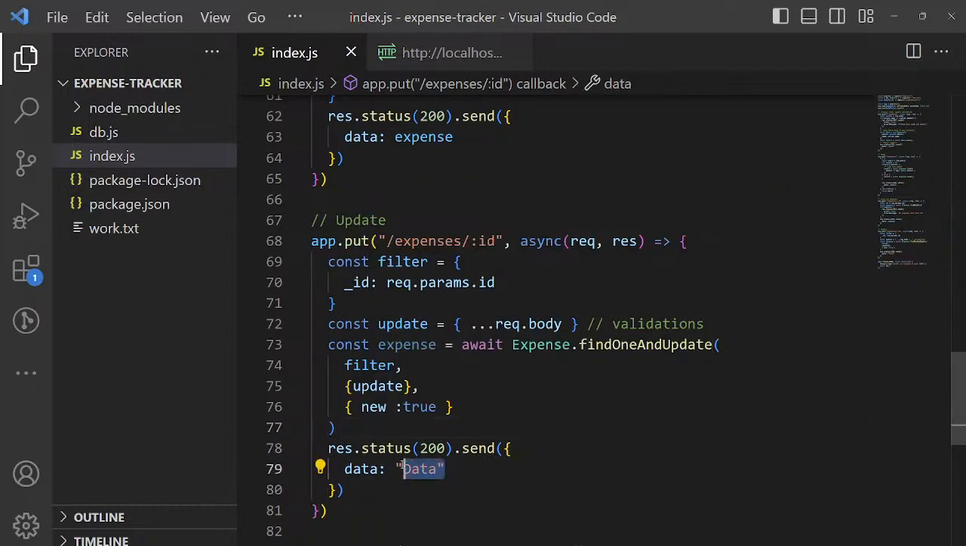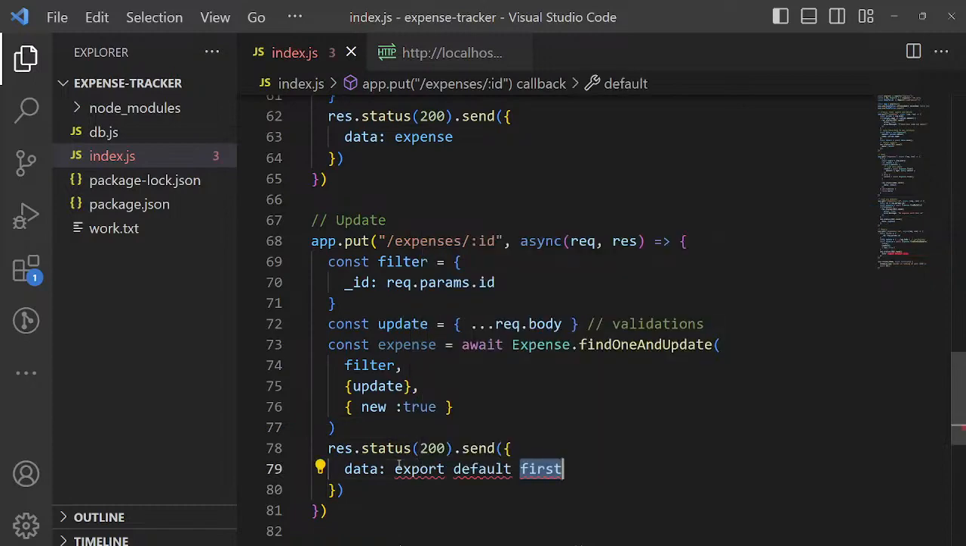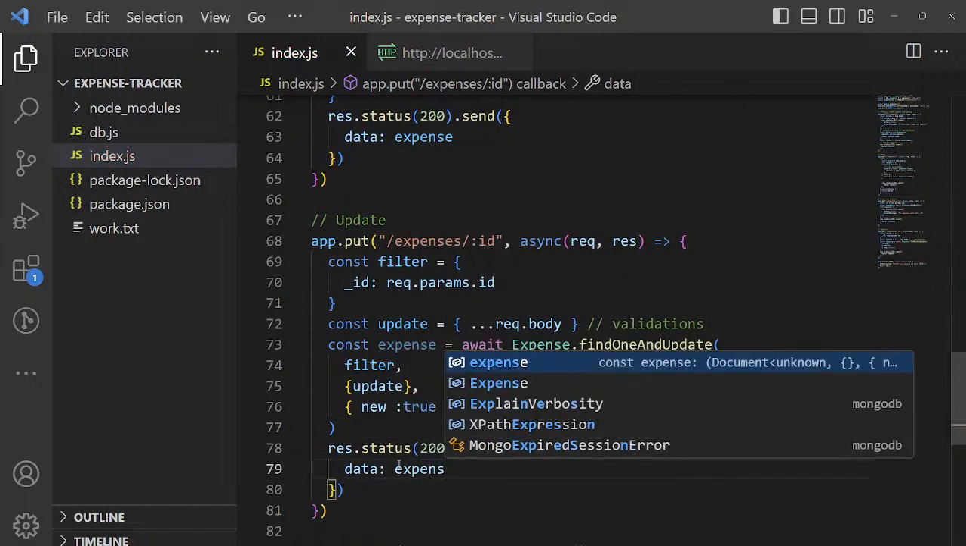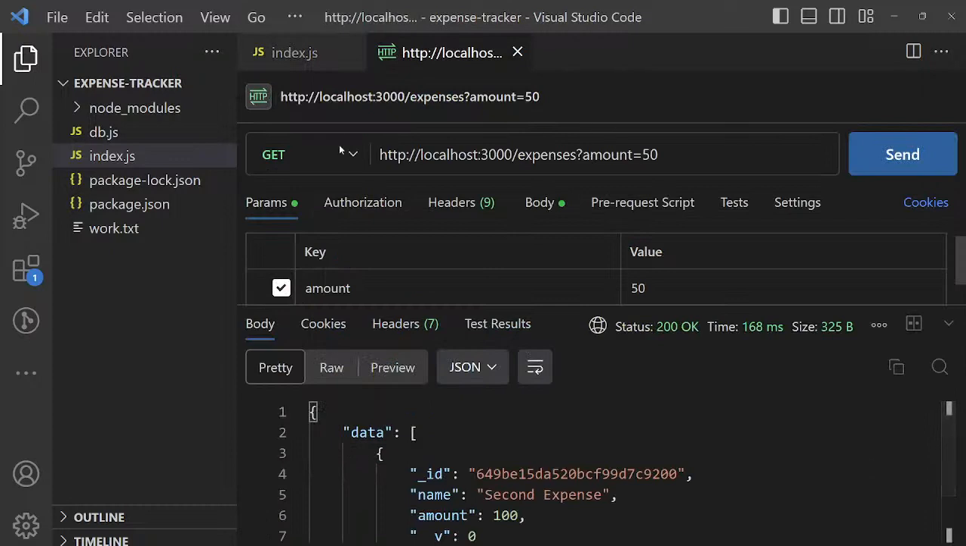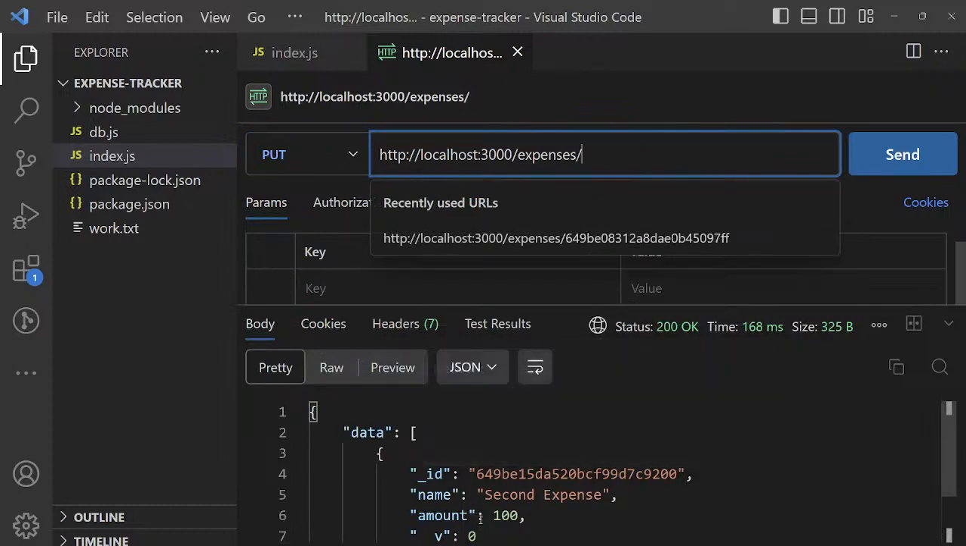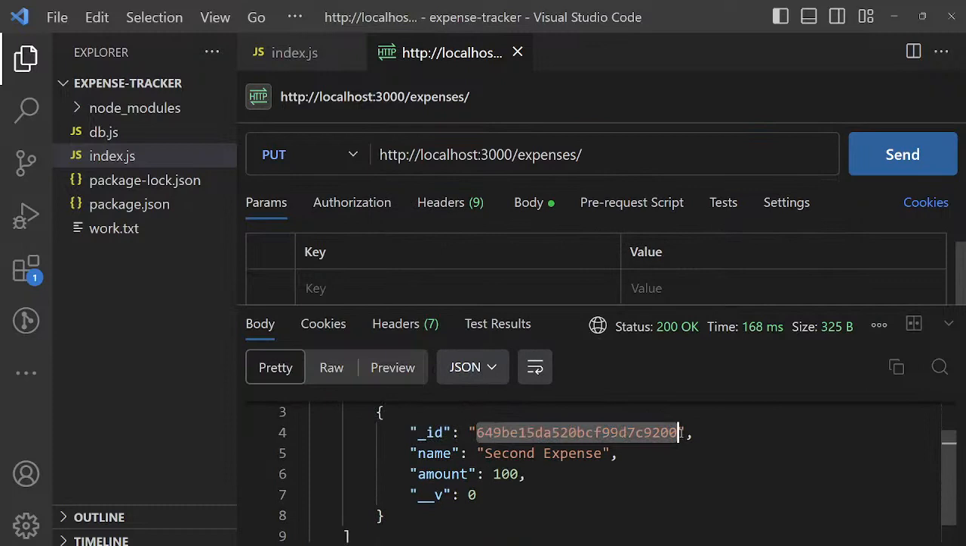I will not console log because I don't want to go and check. So it's res.status.send that. That is it. We will use try catch, but for now, let's keep learning. So I'll save this. So I'll do the put request. For now, let me update